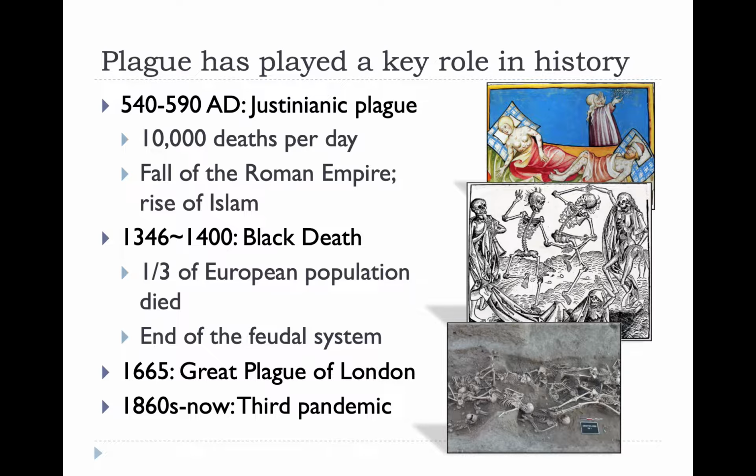Then we had the Great Plague of London in 1665, and then from the 1860s onward we have the third pandemic. So we describe the Justinianic plague as the first pandemic, the Black Death as the second pandemic, and now the third pandemic. And we can see the effects of plague in history when we look at wood cuttings of skeletons dancing about, and illustrations of people in their beds covered in buboes and spots,